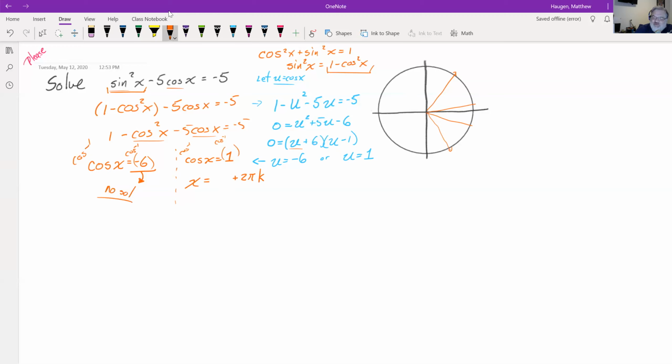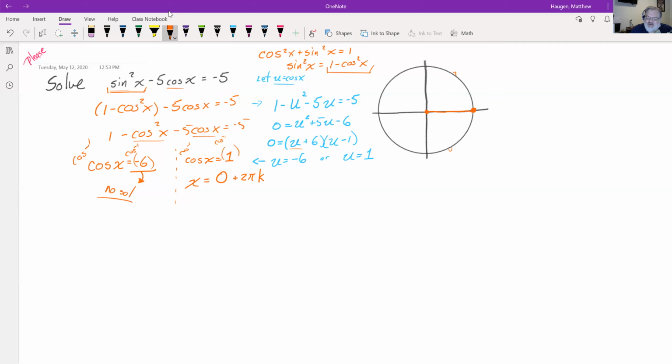So where is cosine equal to 1? Cosine's equal to 1 at 0 plus 2 pi k. So as we get close to 0, those two answers, one in quadrant 1 and one in quadrant 2, essentially meld together at an angle of 0. So this is one of the few exceptions where instead of getting two answers, we'll get one. You could think of it as getting that one answer twice, if that helps, but we do only get that